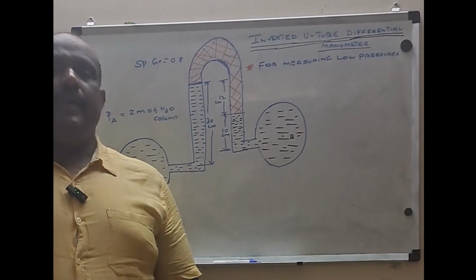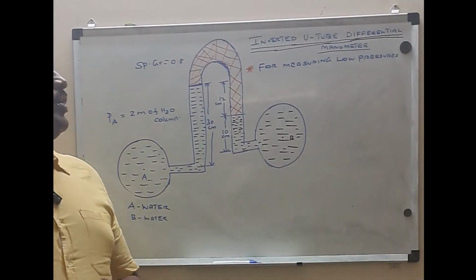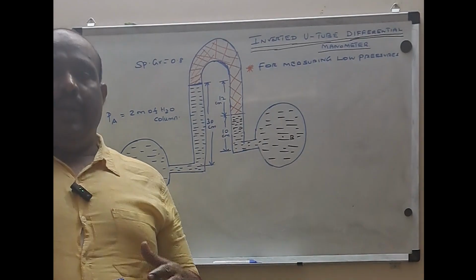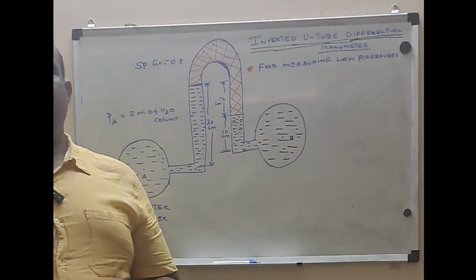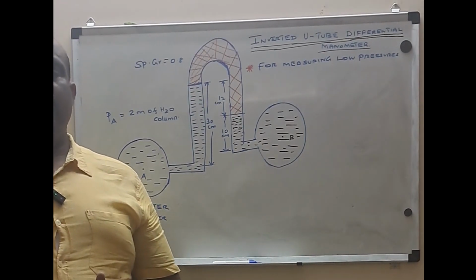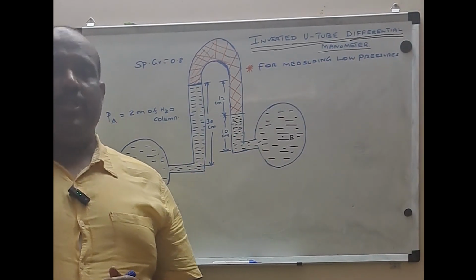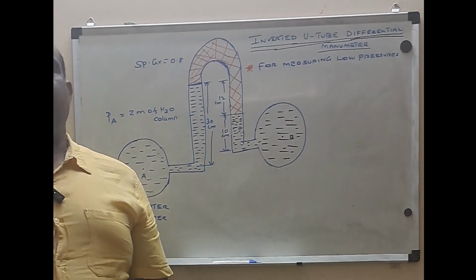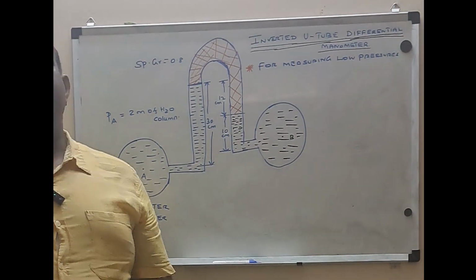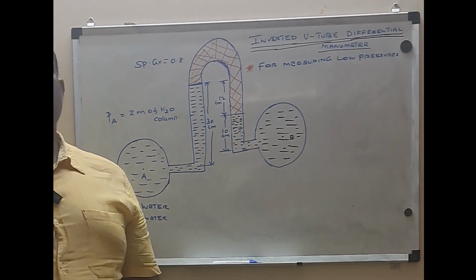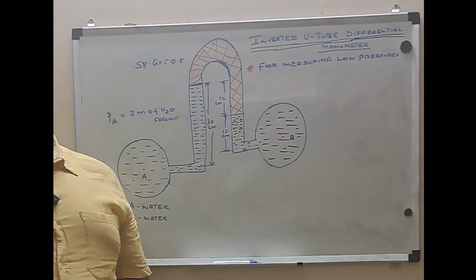Dear students, in this session, we will discuss the inverted U-tube differential manometer. Generally, this type of manometer is employed to measure very low pressures. If the pressure to be measured is very small, a few pascals, then I will go for this inverted U-tube differential